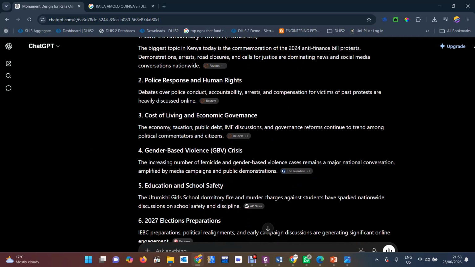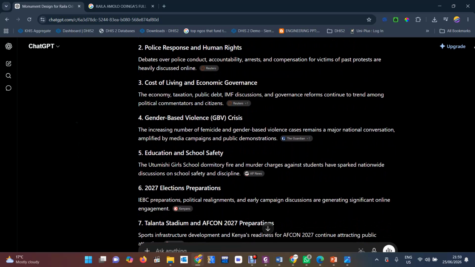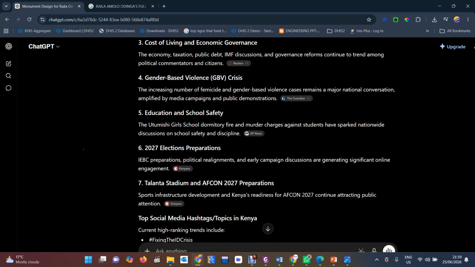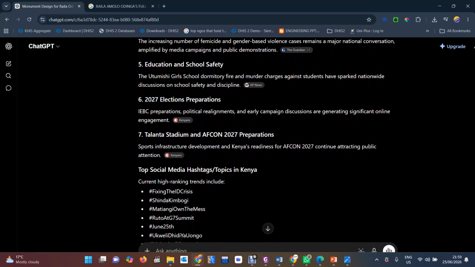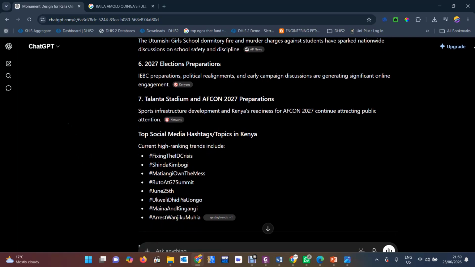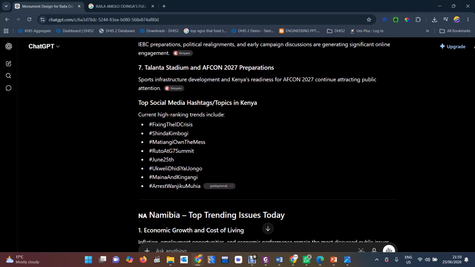Then we have police response and human rights, cost of living and economic governance, gender-based violence, education, school safety, election preparations, and Talanta Stadium and AFCON 2027.